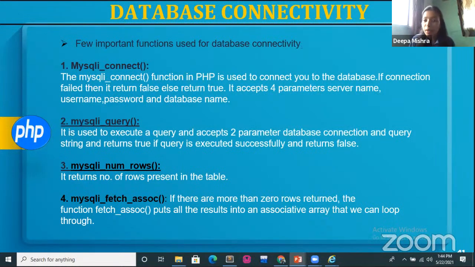Then mysqli num rows gives you the number of records returned. And then mysqli fetch assoc is going to store all the data in an associative array. Then how can you access that data? With the help of the key. Okay, so yeah, this is all about your